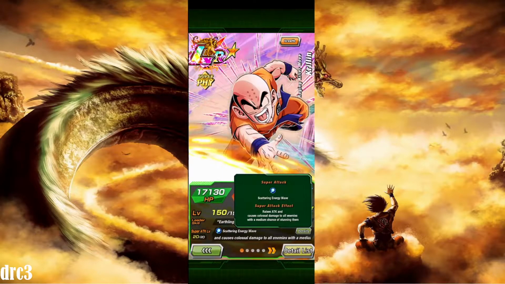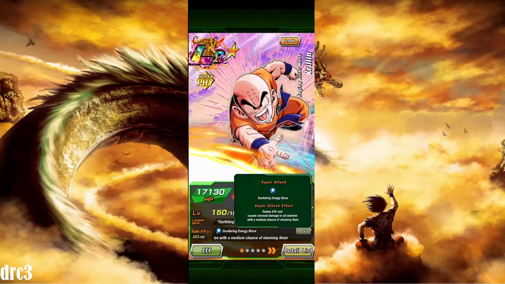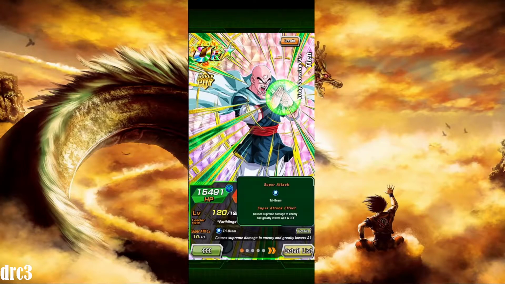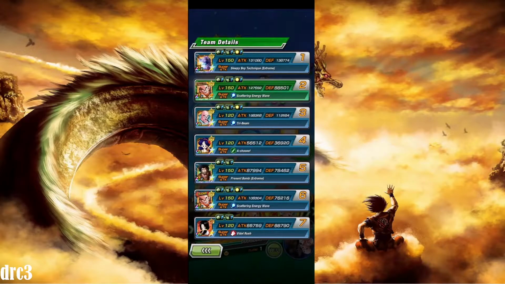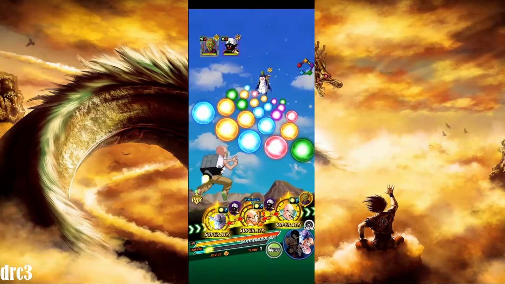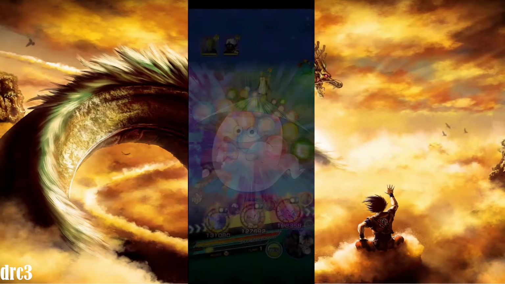Raises attack and causes colossal damage to all enemies. He's going to target all enemies with a super attack with a medium chance of stunning them, so also very useful. Okay. And then I don't know if Tien, I think he has a chance to stun. Yeah. He has a high chance of stunning the attacked enemy as well from his passive. Okay, so a lot of stuns in this team. It's going to be really useful. So since we have all these stuns in the first turn, we're going to use a Ghost Usher just to get out of the way. Hopefully we won't have to use another item